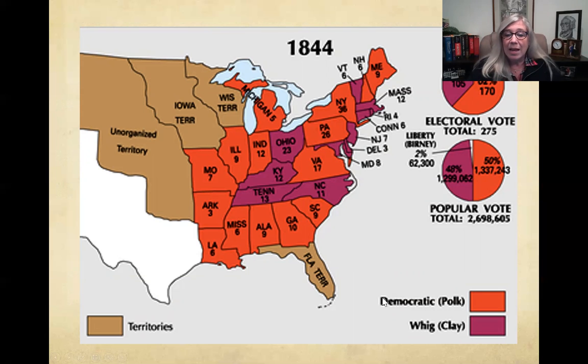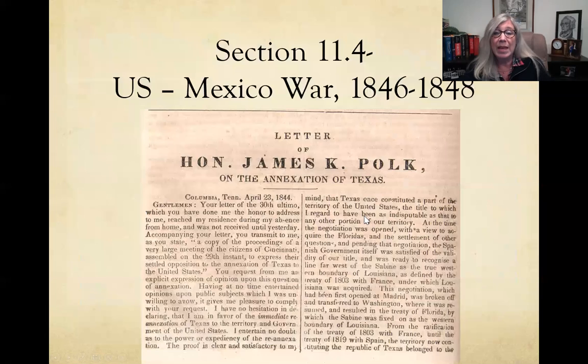Henry Clay is going to carry his home state of Kentucky. He's going to carry this area in Massachusetts, which again, that ties back to the American system that we know he supports. So in the electoral vote, Polk wins. So suddenly James K. Polk is your new president. He's going to annex Texas. But when he annexes